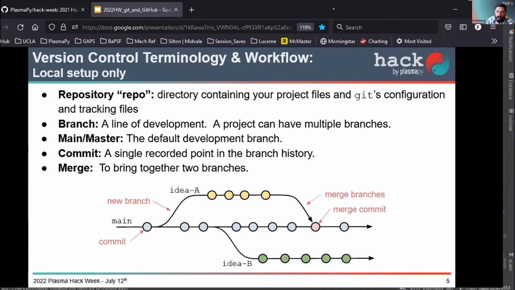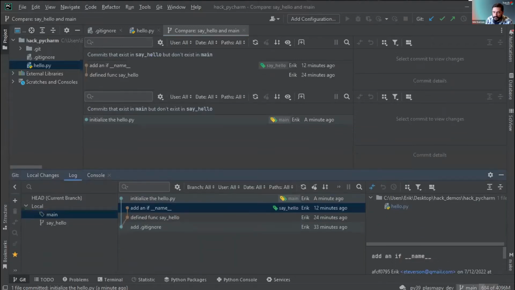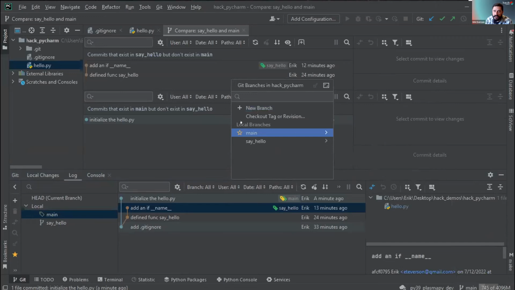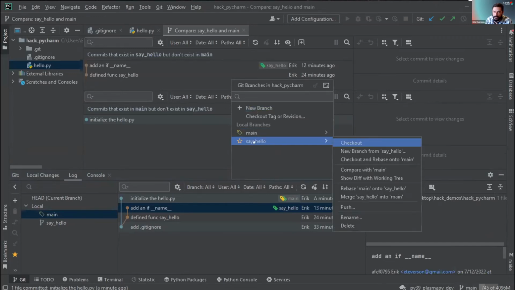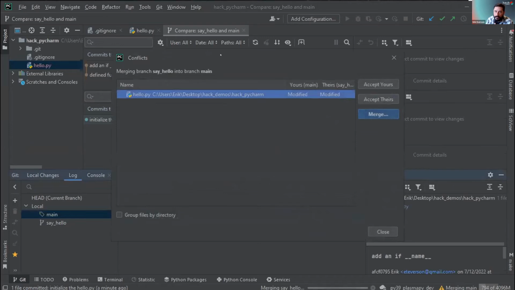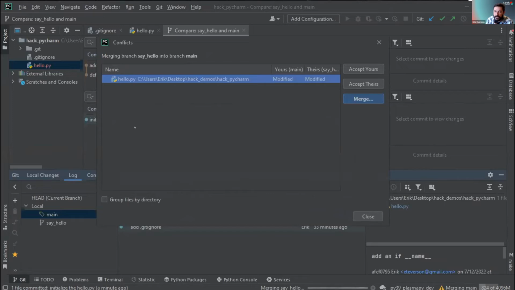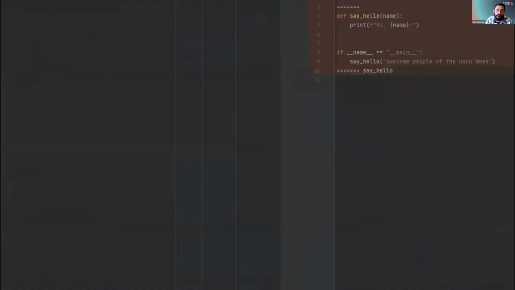Okay. Now, the issue we have is we want to merge them together, but we purposely have what's called a merge conflict. So if I go back here, so I'm sitting in main, and I'm going to click on say hello, and I'm going to say merge say hello into main. So now I'm requesting to bring the changes from say hello into my main branch. So when I do that, I'll have a dialog that pops up here. I have this conflicts dialog, okay? And it's telling me there's some kind of conflict in hello.py between the 2 branches. So if I double click on this, it'll pop up with a window